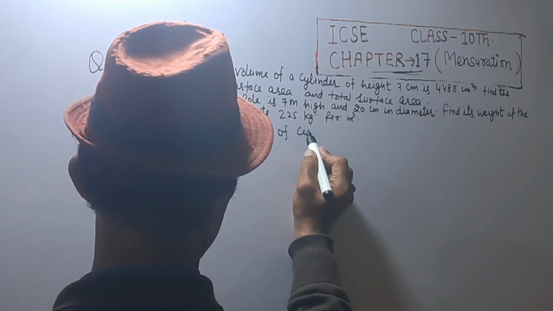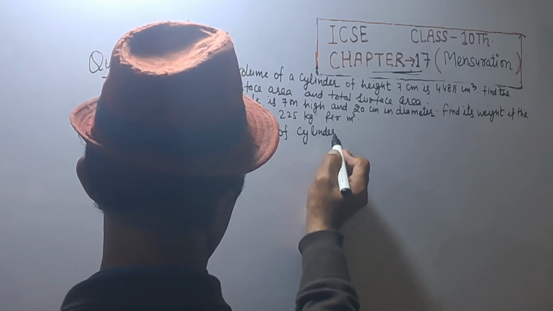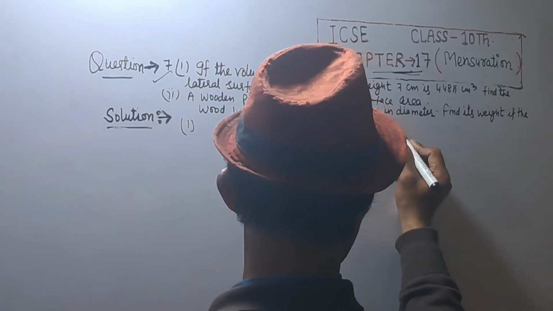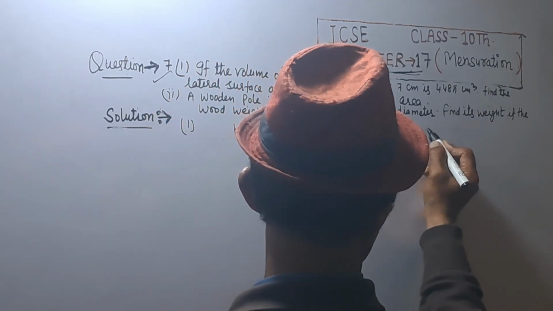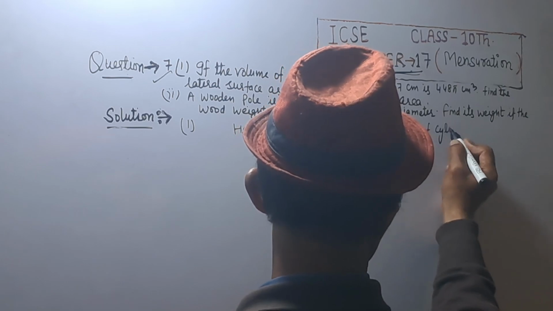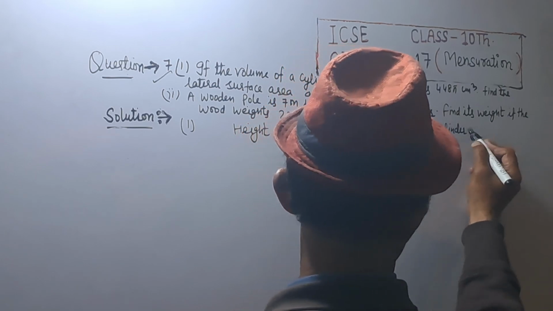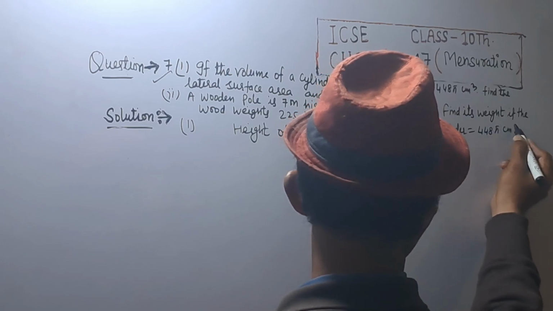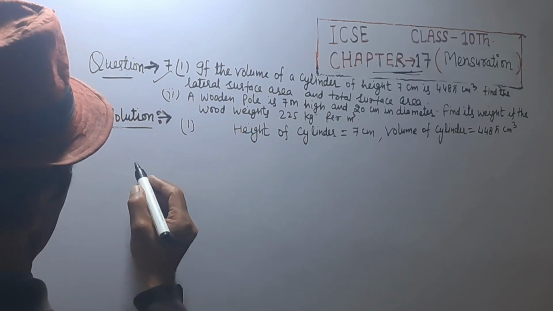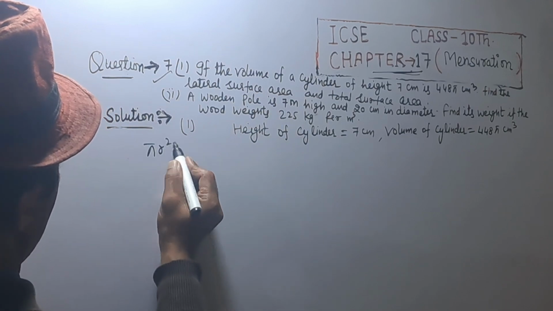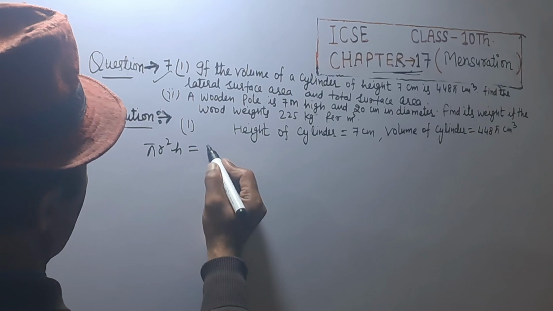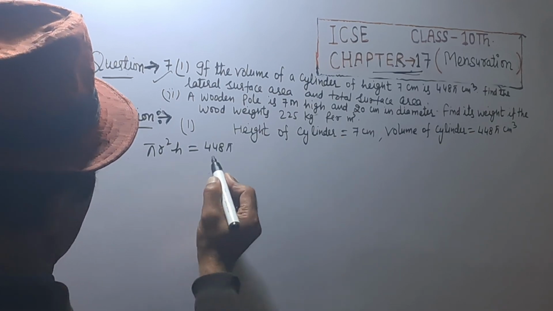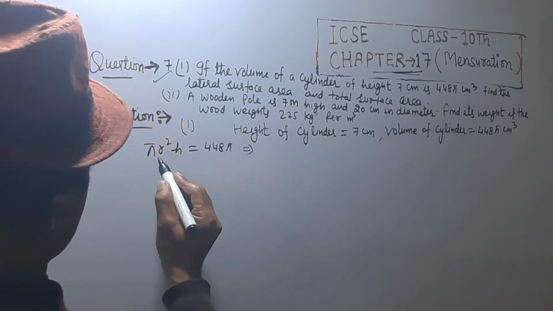Height of cylinder is equal to 7 centimeter. Volume of cylinder is 448 pi centimeter cube. Volume of cylinder is pi r square h, that is equal to 448 pi centimeter cube, which implies